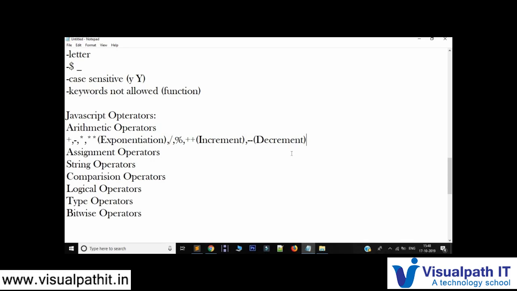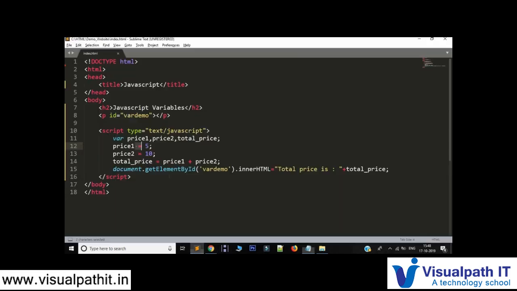So first let's go for this. We have already seen an example for addition. See here, this plus is an addition. So this is an operator. I told you, always give a space between operators. Indirectly I told you it's an operator. So what is it performing?